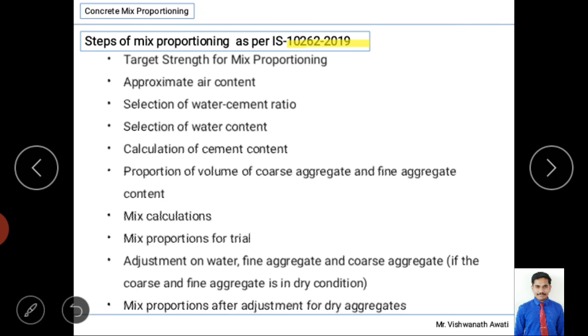First, we have to calculate the target strength, and with the help of target strength we calculate the air content. Then selection of water cement ratio. The first value is very important to calculate the water cement ratio. To calculate the water cement ratio we require strength, and for the required strength we get how much minimum water content is required. Then with the help of a table we can easily calculate how much water is required for the given data. So the main important thing when solving the problem is what kind of data they have given, and according to that you have to solve, following the procedure in the code book.